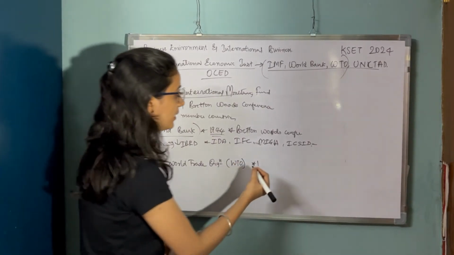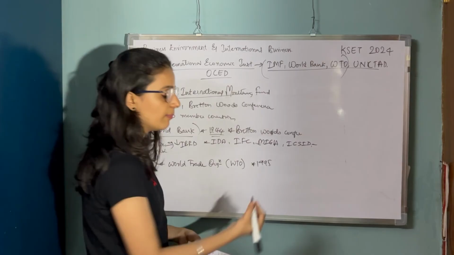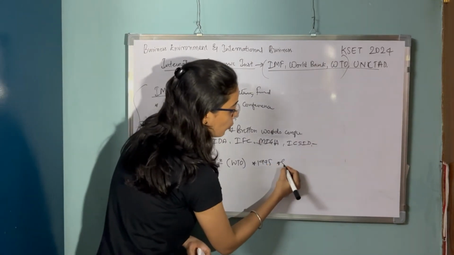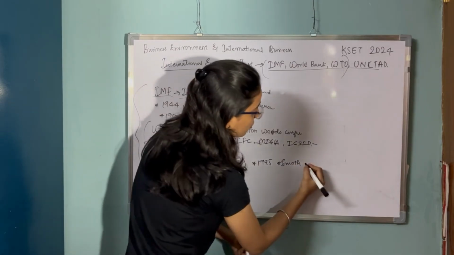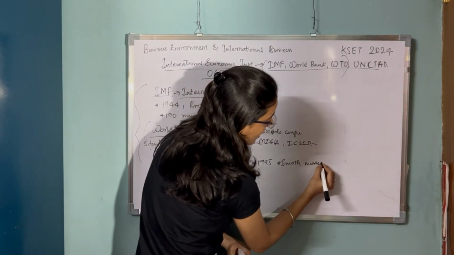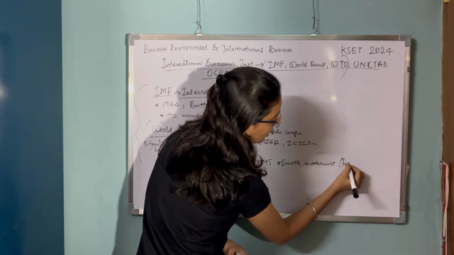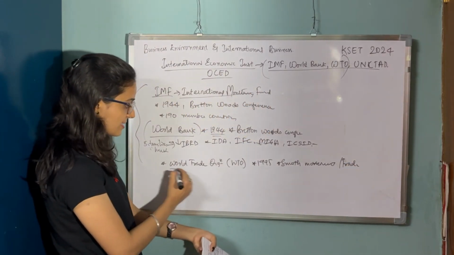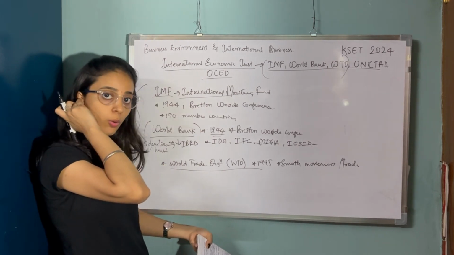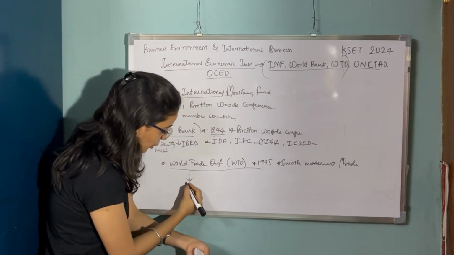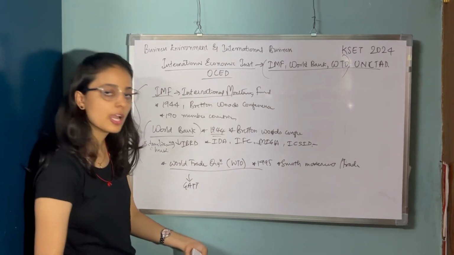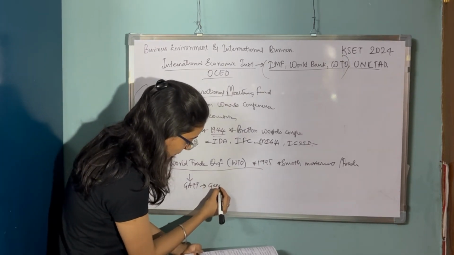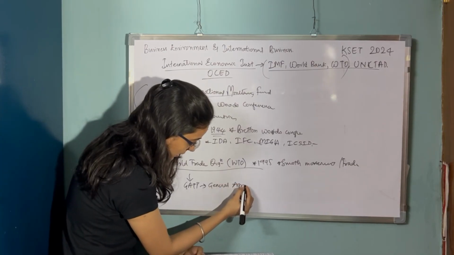It was formed in 1995. It came into establishment in 1995. It ensures smooth movement, or I can say trade, between countries. This World Trade Organization, or WTO, was established to replace GATT, that is nothing but General Agreement